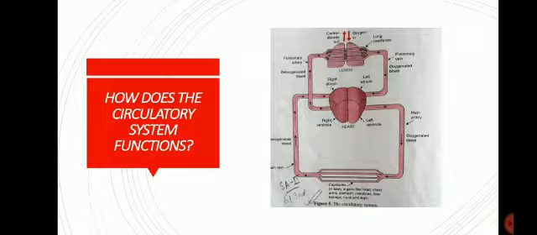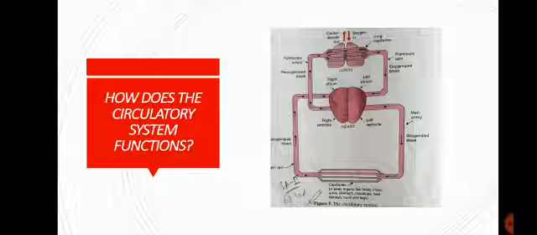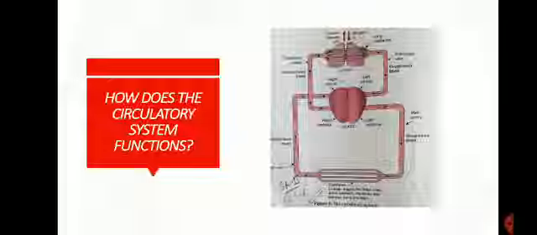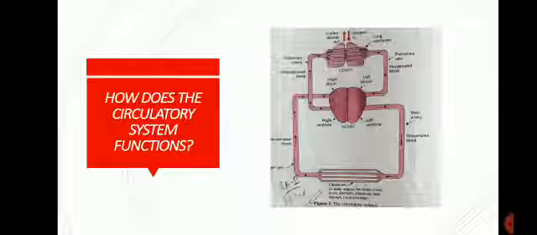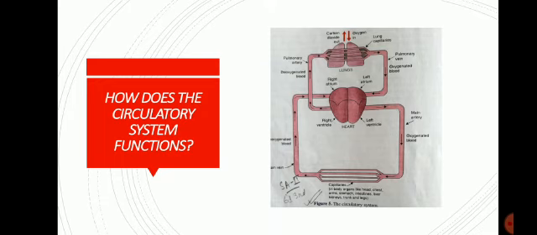Okay. Now in the lungs, the deoxygenated blood enters through the pulmonary artery. Now it gives out the waste product carbon dioxide, and it absorbs fresh oxygen from the air being breathed in. This exchange of air is done by the unit of the lung, that is alveoli. Right. And the blood becomes oxygenated again. Now this oxygenated blood is again sent from the lungs to the left side of the heart for circulation in the body once again.